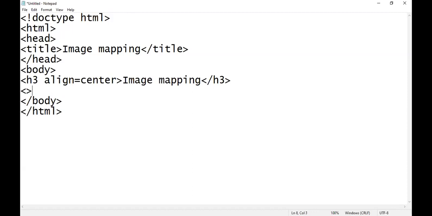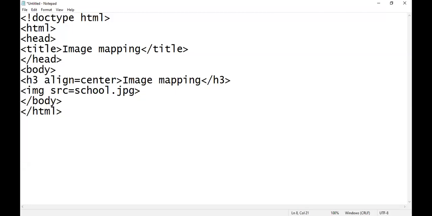Now here I want to insert the image. The simple tag we have to use is img. src is equal to the name of the jpg file. The name of the jpg file is school.jpg. So I write here src is equal to school.jpg.